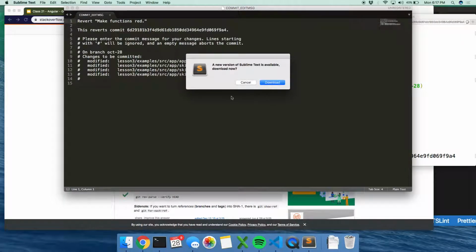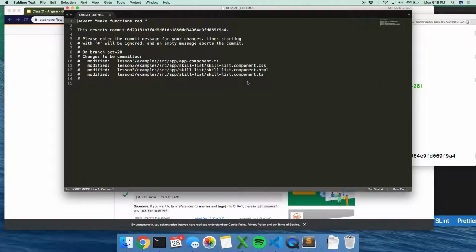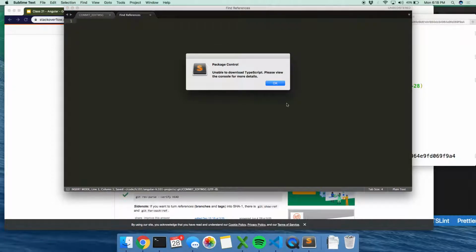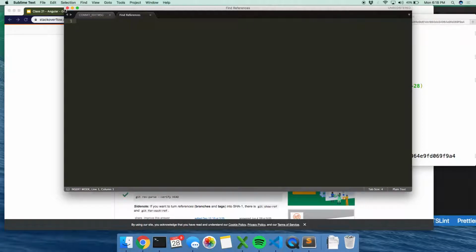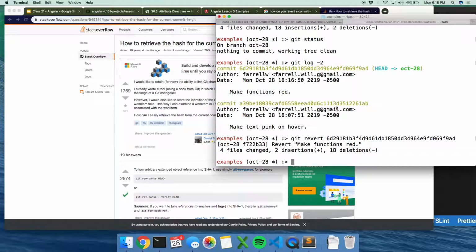Ooh. No. Yeah, I want to revert that. It's waiting for you to close your editor. Yep, I just had to save it. Boom. Okay. So if we go back now,